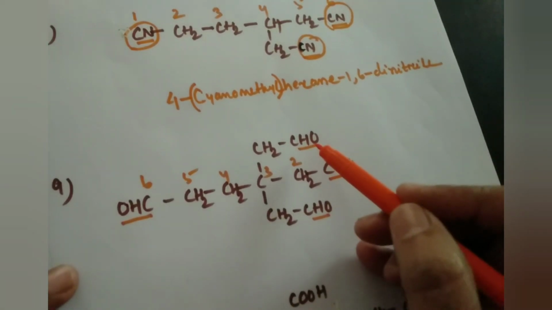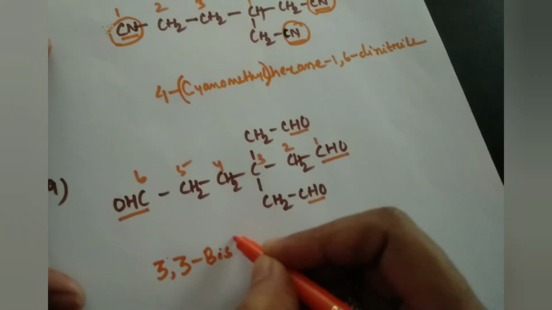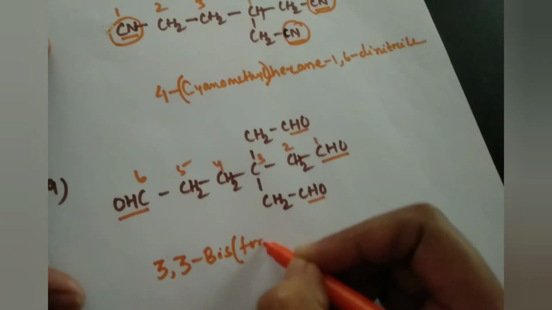Okay, aldehyde का prefix क्या होता है? Formyl या aldo. You can write aldo या formyl, and another 1 carbon is there, so it is your methyl. So I can write formylmethyl in which position? In 3 position. But these are the 2 groups, 2 same formylmethyl groups are there. So I have to write 3, 3 2 times. Okay, 3, 3 bis. The numerical prefix is written as bis. Bracket start. For this we can write formylmethyl,